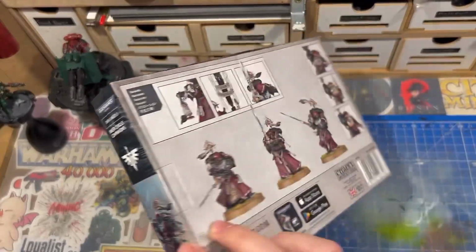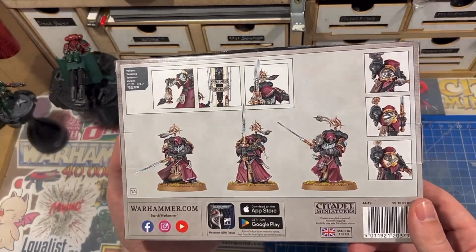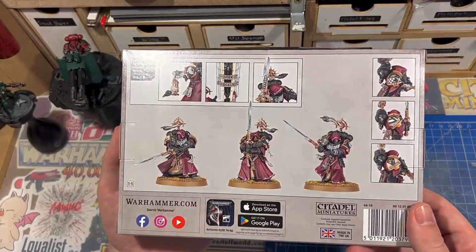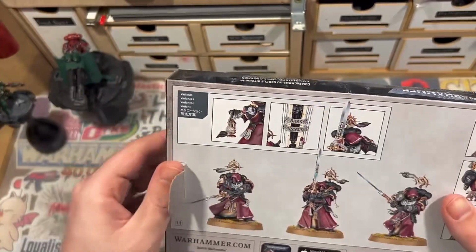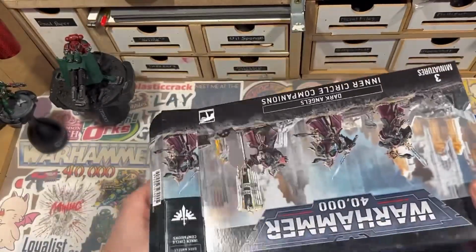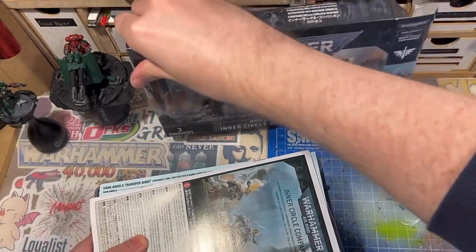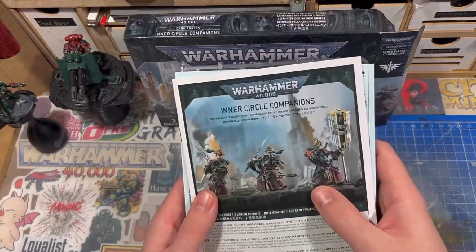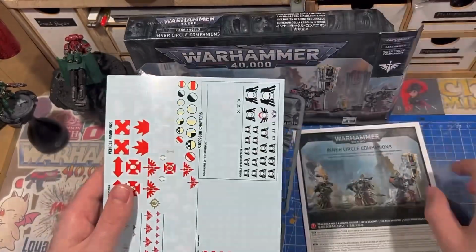I mean, look at these guys. These are going to be so fun to paint up. I really can't wait. So, let's have a little look, see what we've got inside. We have the wonderful instructions. We've got a